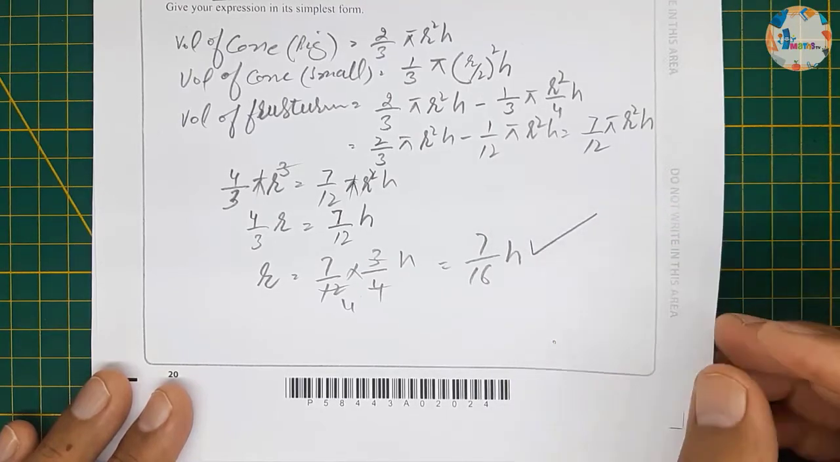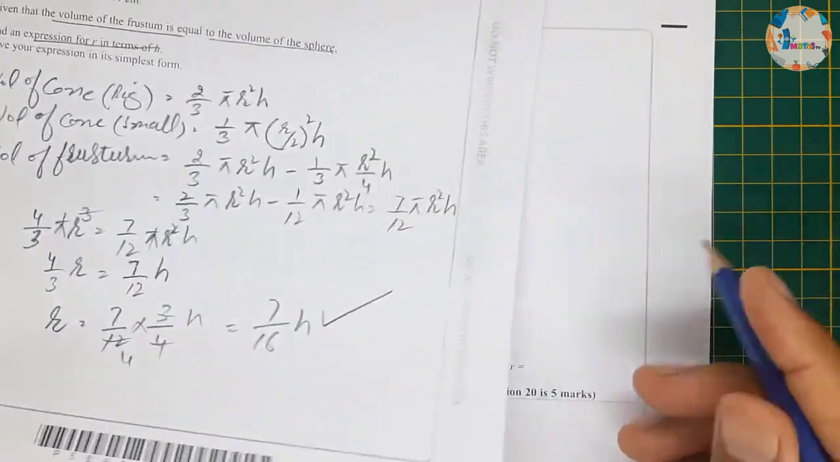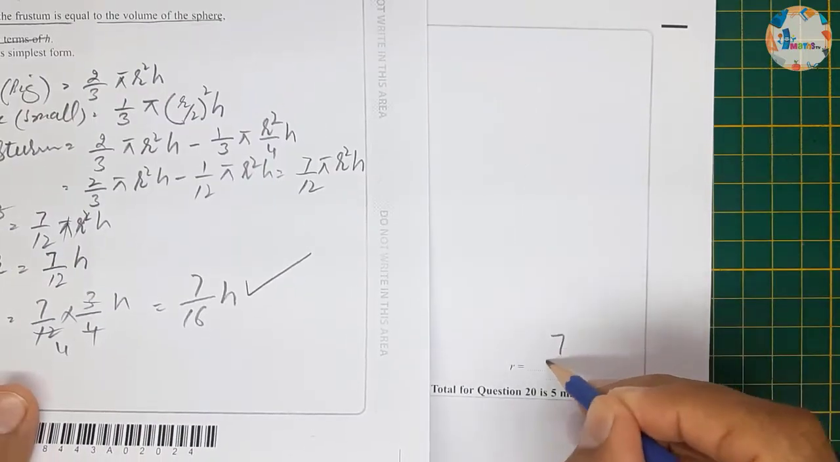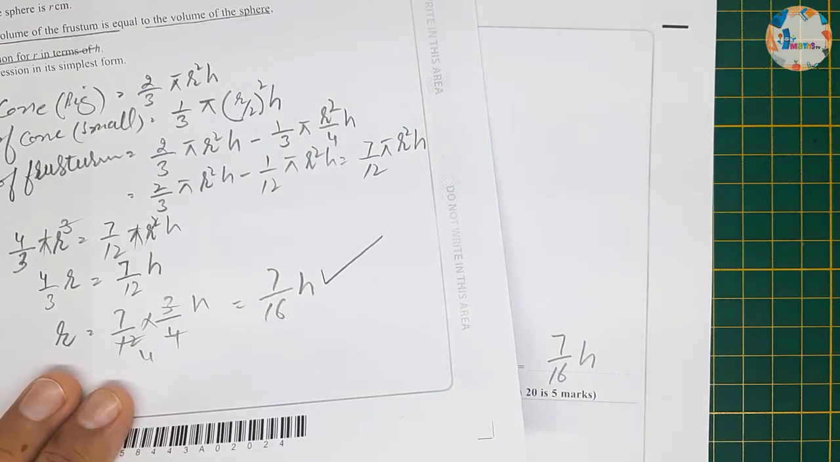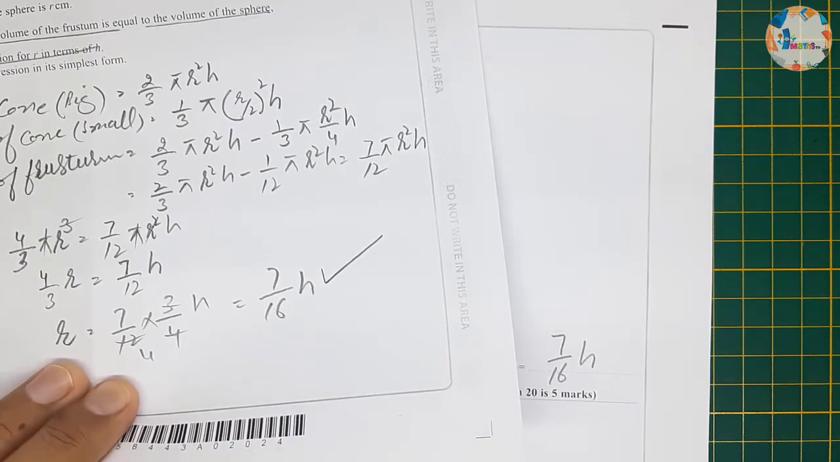This will be our answer, which we can write on the proper location. Next page, 7 over 16 h. This one will be our answer. Hopefully you understood this question. For the next question,